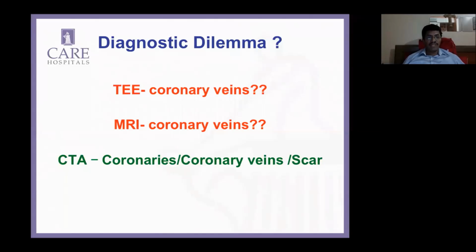TEE, well, I've never seen coronary veins on TEE. MRI, I've been looking at MRI because all our CRT patients come via the MRI route. We look for viability. We want to rule out ischemic heart disease on the MR. And then we are also looking for dyssynchrony to corroborate the echo. And what is very important that we look on MRI is the absence or presence of scar tissue anywhere. If it adds up to about 30%, you would consider a defibrillator in those patients along with the CRT, and